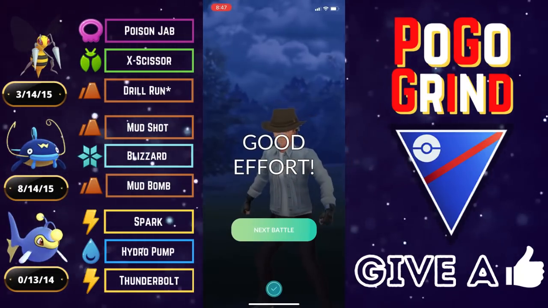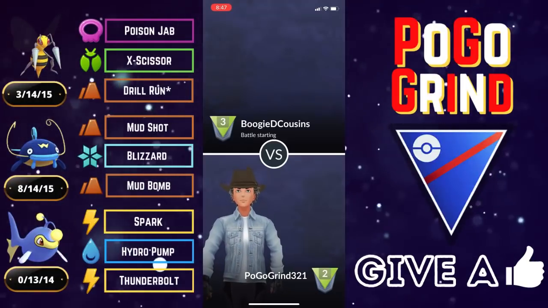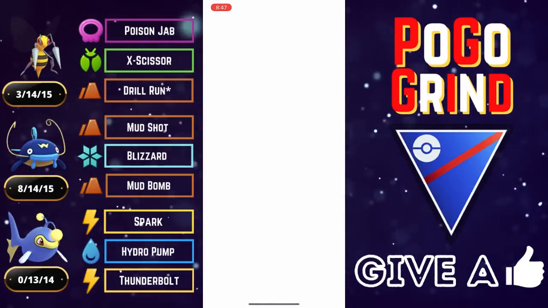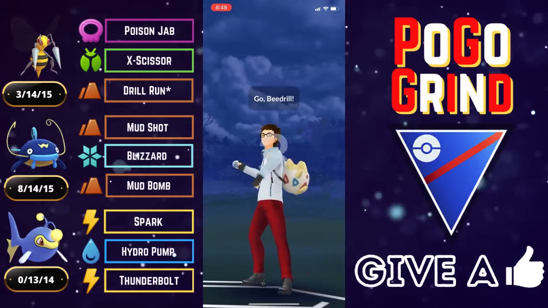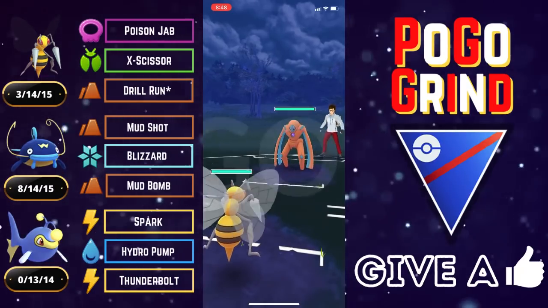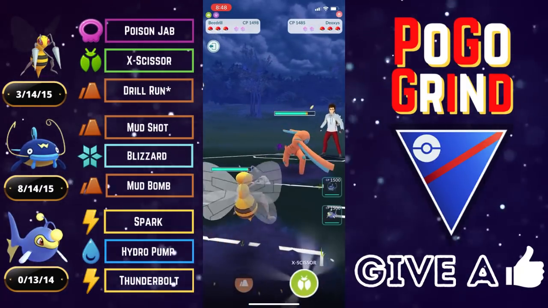Good game and fun battle. My goodness, who knew Gengar could put in so much work in the Great League of all leagues? My goodness, you love to see it. Let's see what we have up next here. Deoxys. So this is not too bad. Obviously, they can hit us with massively super effective...